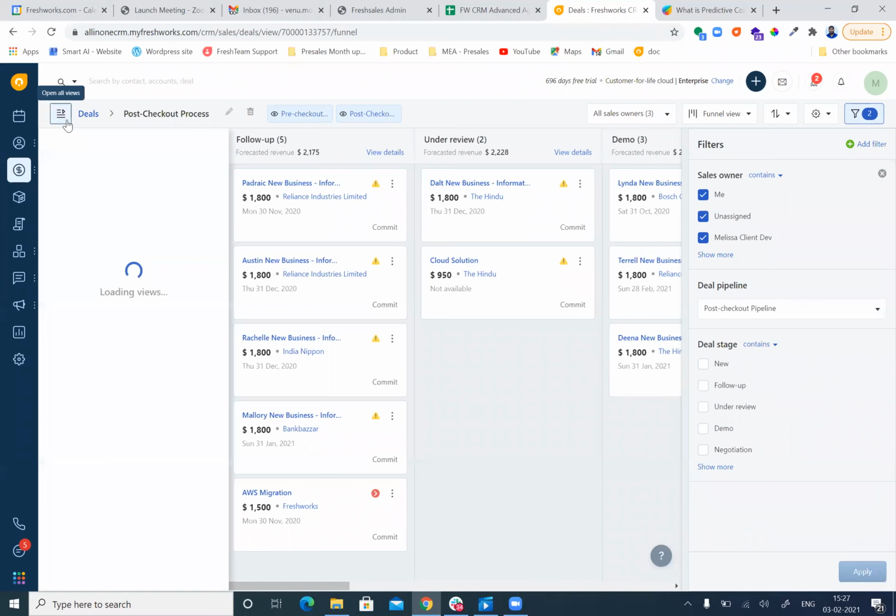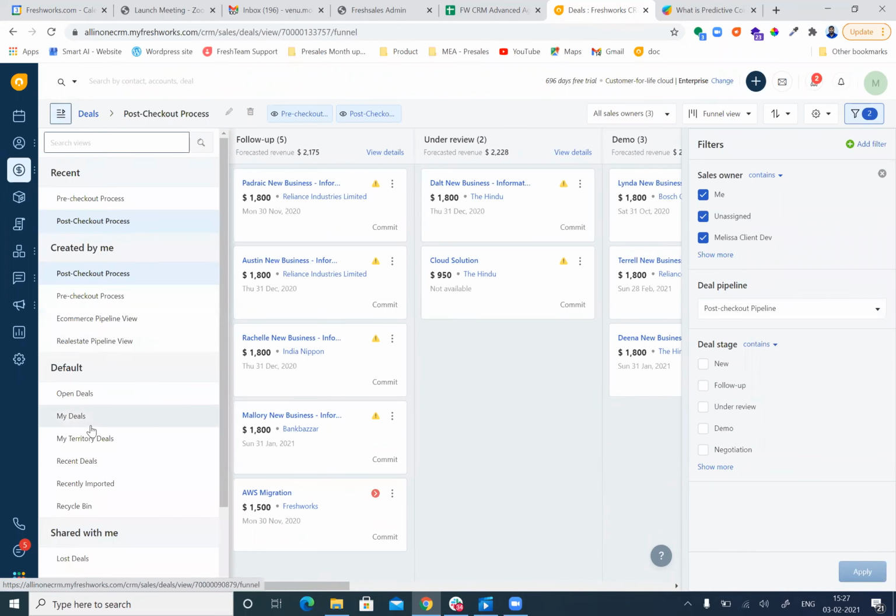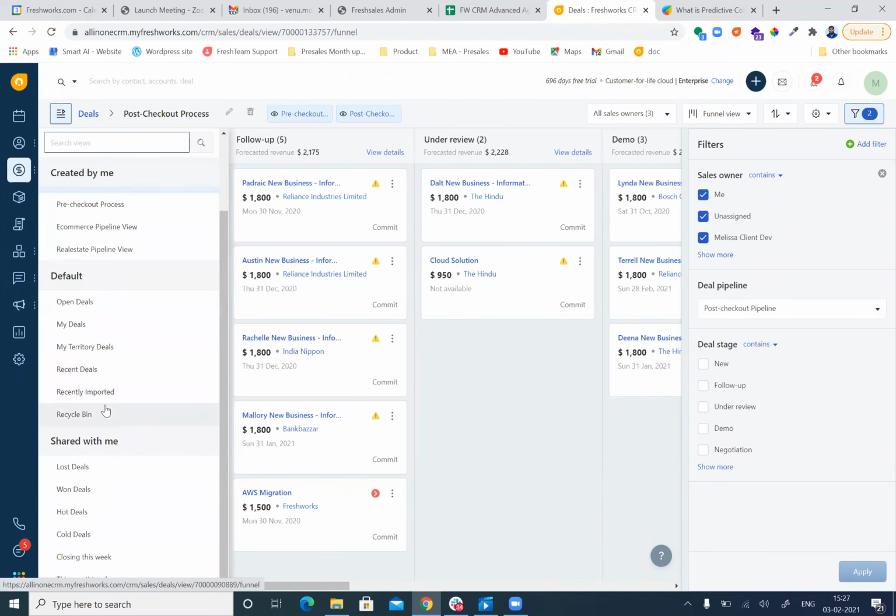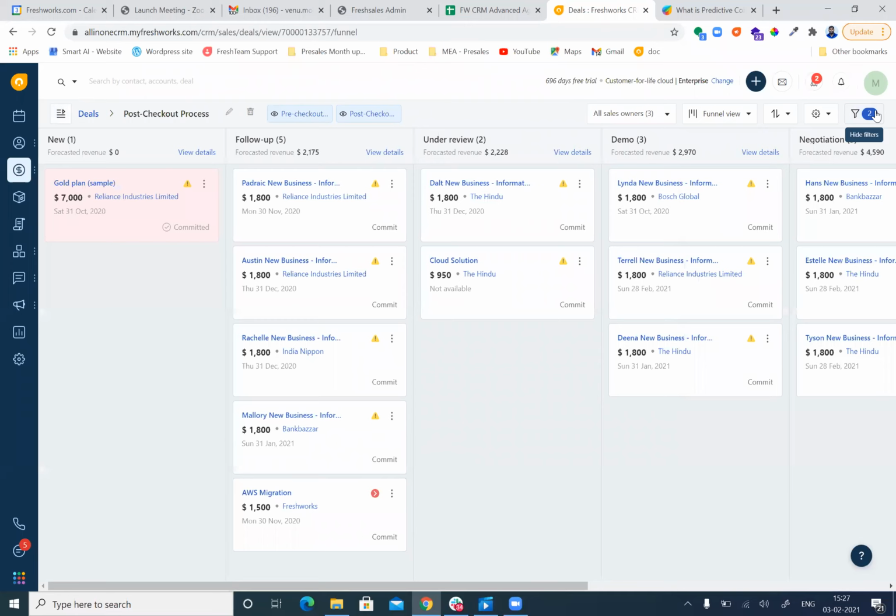So you can refer to all the custom filter views which are created by you. Here you can choose the different filter views you have created, and you can open those filtered opportunities by just clicking on the filter view created by your team. Okay. And this is for tracking the organization's sales progress.